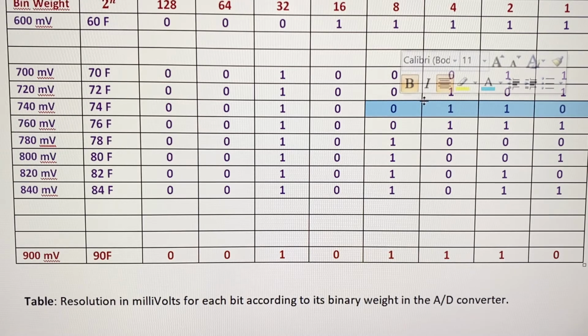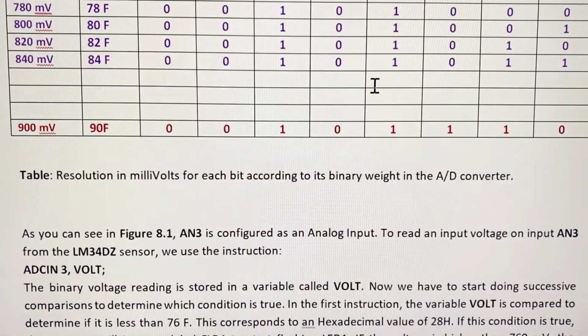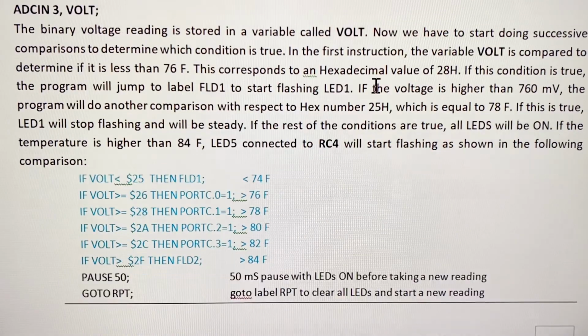For 72 degrees, that'll be number 2 right here, and number 5 right here, so 25. But you can use both methods, in binary or in hexadecimal code. So now that we have the table, we will use channel 3 using this instruction, where this is the ADC